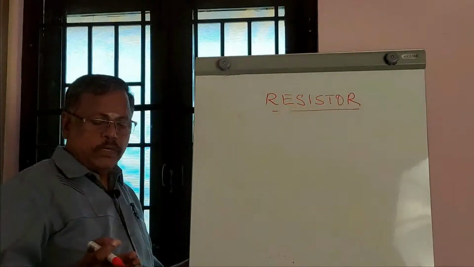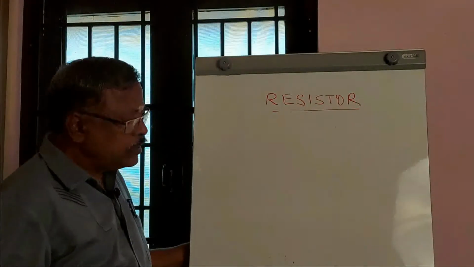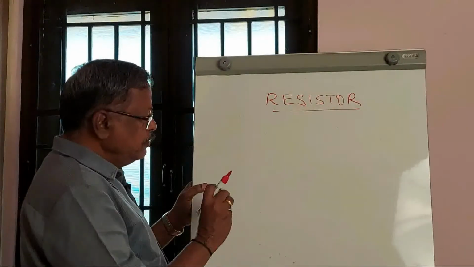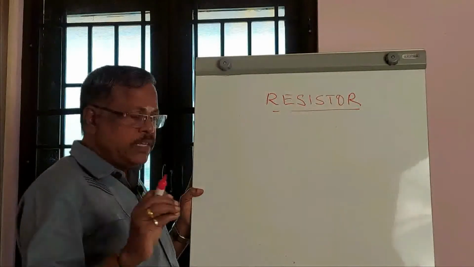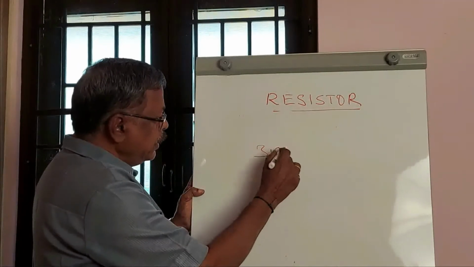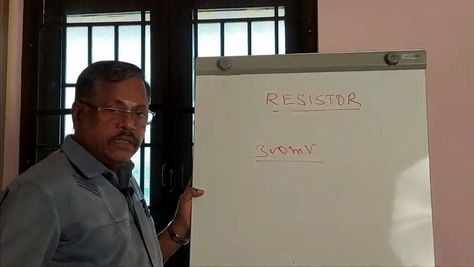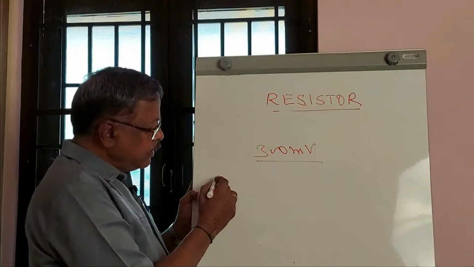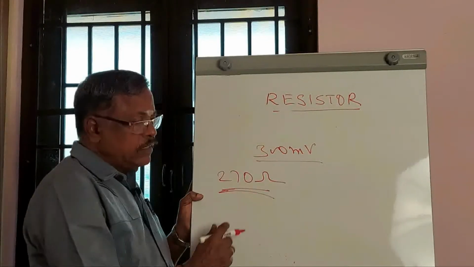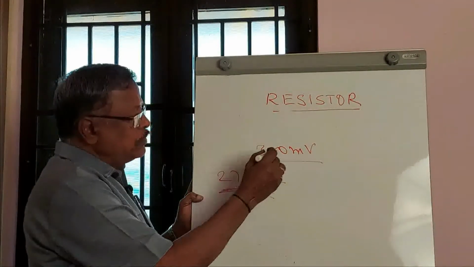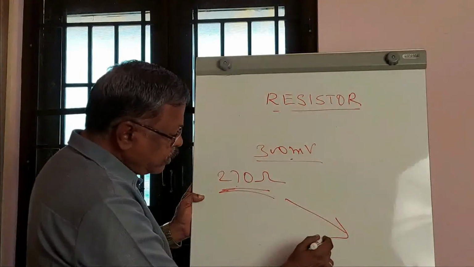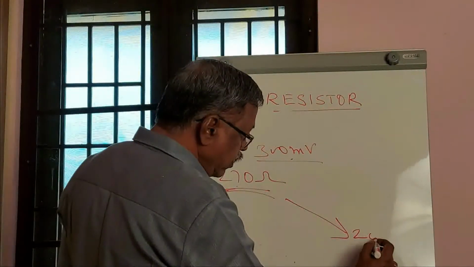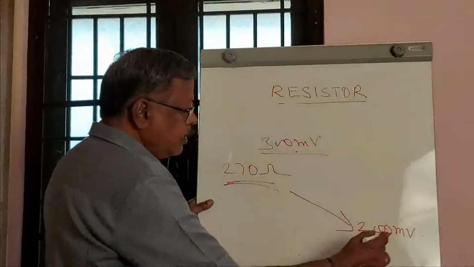Carbon resistor, I have told you about carbon resistor, and I told you about the wattage of the resistor. For a particular usage in which we think a particular power is being dissipated over a resistance, like 300 milliwatts, for reference only, the resistor is going to dissipate 300 milliwatts and the resistance value is going to be 270 ohms. In that condition, this 270 ohms 300 milliwatts resistor can be used in a circuit in which it is going to dissipate a maximum of 200 milliwatts only.